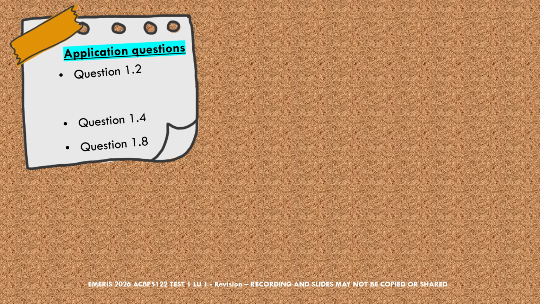So as I said earlier, there are 4 application questions in your textbook. And questions 1.2, 1.4, and 1.8 are fairly similar in the way that the information was presented to you in the question. And these 3 questions are also done in a way that shows you how the accountant or the bookkeeper of a business will actually encounter the information at month end and how they will go about doing the reconciliation. But when it comes to assessment questions, we can also rephrase the questions.